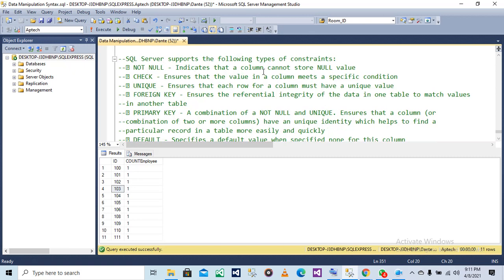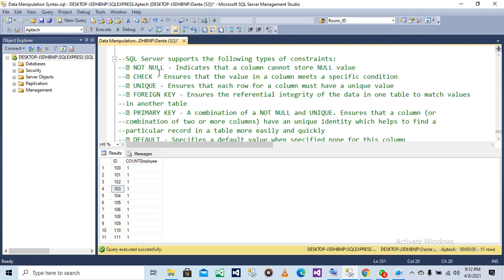Not null indicates that a column cannot store null values. Check ensures that a value in the column meets a specific condition. The check constraint is only used when you are designing a table, not in the select statement.